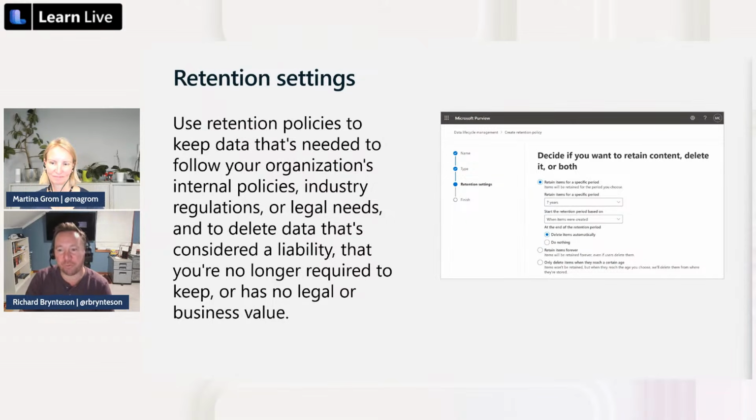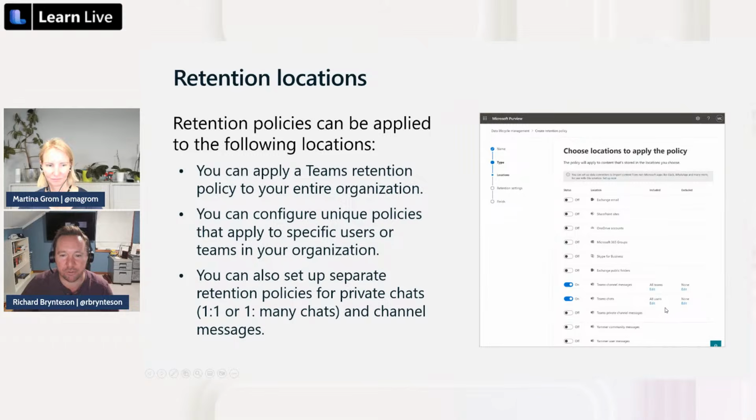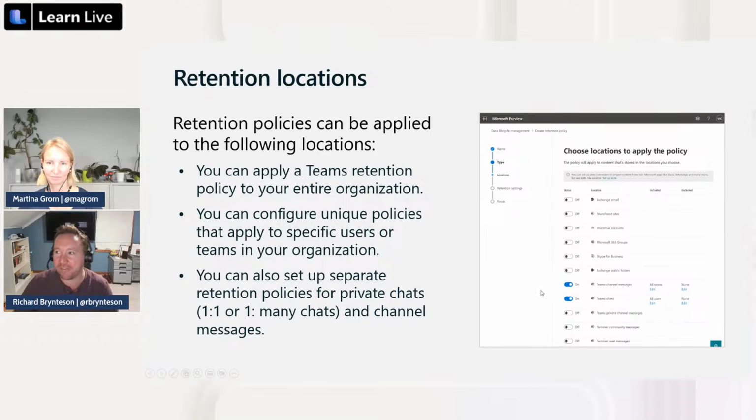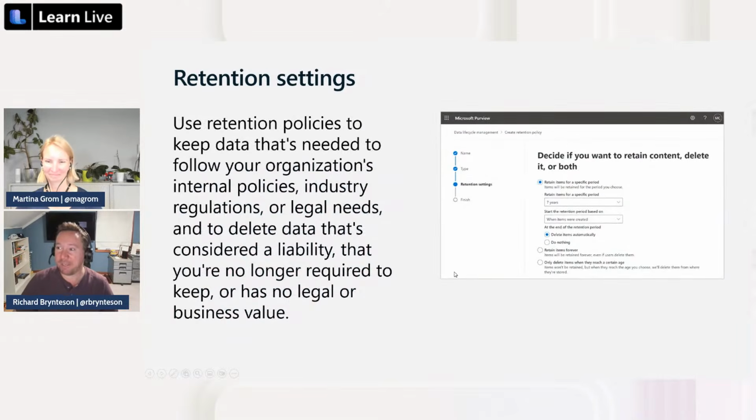And this is one of those areas where we talked about scoping. On the previous slides, you could see that we can scope with included and excluded teams. Always, always, always test this one before you just mass blanket your entire chat environment. You'd be surprised the number of times I've had that phone call where someone turned something on as a test, and then 30 days later, they were wondering why everyone's chats were gone. Have you had that one happen yet? Like, all of my chats are gone. What happened? It was kind of a scary moment for them.